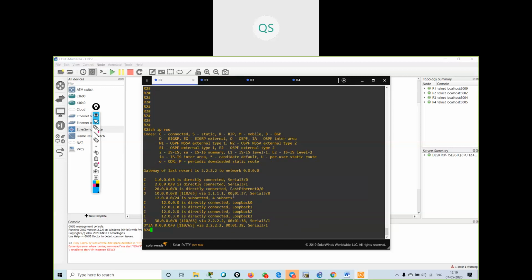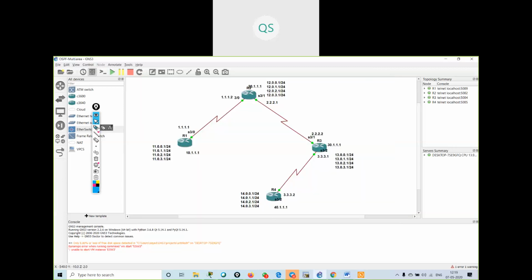What is the reason? The reason is this ASBR router will not forward the 11.network, the external routes. If you configure this area as stub, this router as a stub router, then it will not forward any external route information to any other router.